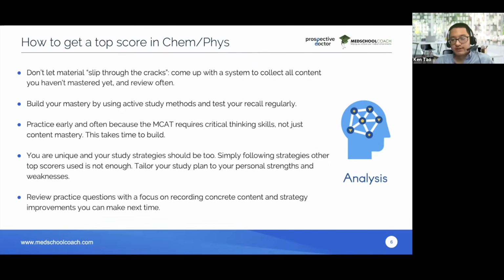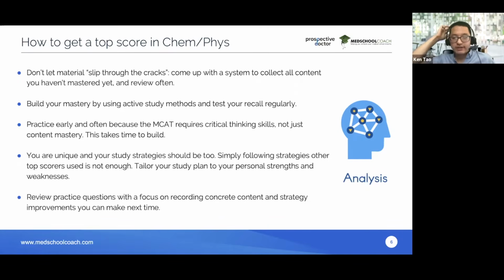So for a lot of students, the challenge is after they've gone through all the content, they just can't retain all of that information. So it's a matter of figuring out what those topics are that you've forgotten, as well as what topics you think you understand, but perhaps don't understand as fully as you need to. So in these cases, it's most helpful for students to have a written record of some sort to be able to gather all of those content topics that you've forgotten at some point, or those content topics you didn't fully understand, and you go back to that written record on a regular basis.